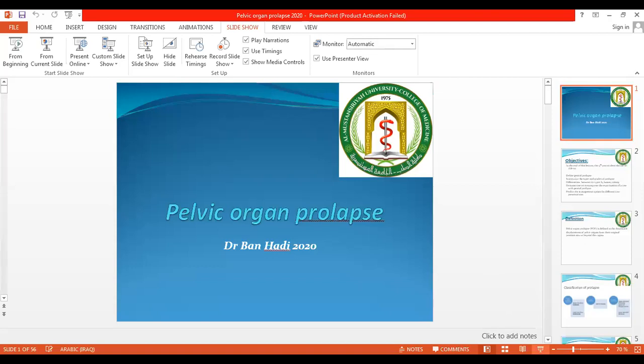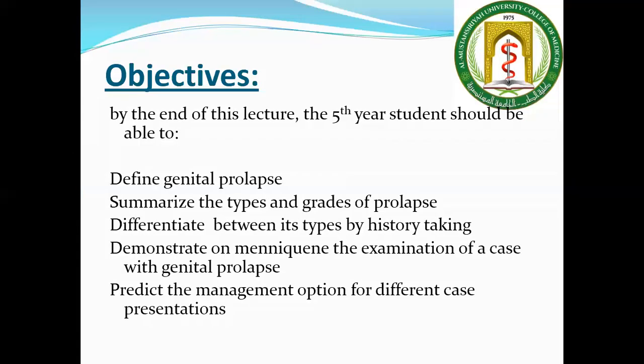Objectives of this lecture. By the end of this lecture, the students should be able to define the genital prolapse, summarize the types and the grades of a prolapse, differentiate between its types by history, demonstrate on the Millikan the examination of a case of a prolapse, and predict the management option for different case